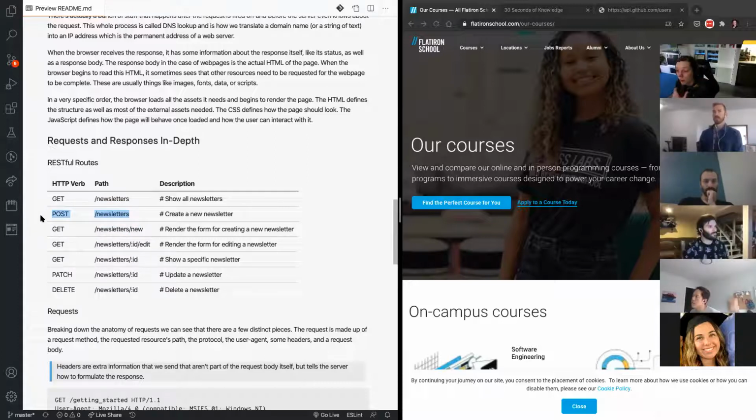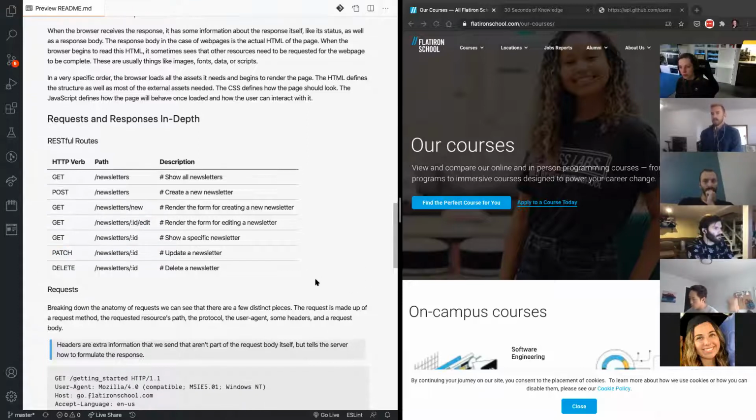Cool. And the same thing happens with the edit, by the way. So our edit right here, this will show us the edit form. Once we hit submit on the edit, we are going to be making a patch request to our /newsletter/ID. So those two, the new and the post, are always connected, and the edit and the patch, those two are always in a way connected. Other questions here? Great question.